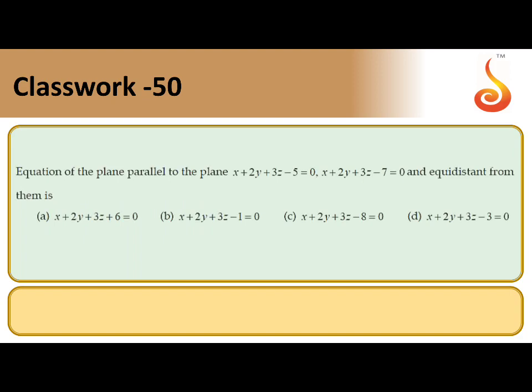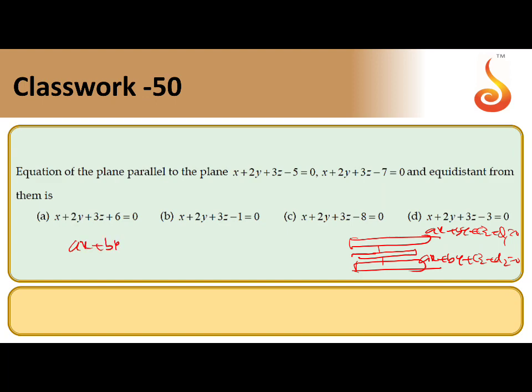Now last question of this chapter. The equation of plane parallel to the given two planes and which is equidistant from the two planes. So these are two planes, that is ax plus by plus cz plus d1 equal 0. Other plane is ax plus by plus cz plus d2 equal 0. So there are two planes. We want another plane here that is equidistant from the two planes. The required plane will be, if they are parallel, ax plus by plus cz plus (d1 plus d2) by 2. That is the required plane, which is equidistant from the two planes.